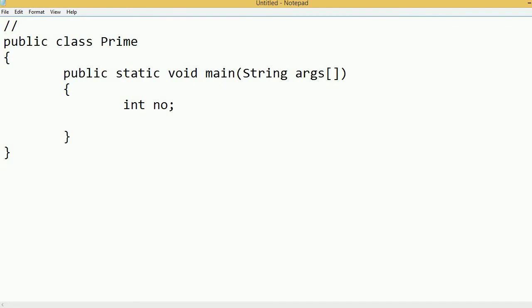Initially I am taking the value static. I will define here 13. Right, comment I have forgot. This program is only for checking whether the number is prime or not. In the next lecture we will learn how we can find the first n prime numbers, but before that we have to learn how we can check whether the number is prime or not, because in that program first we will check whether the number is prime or not, then we will find this series.